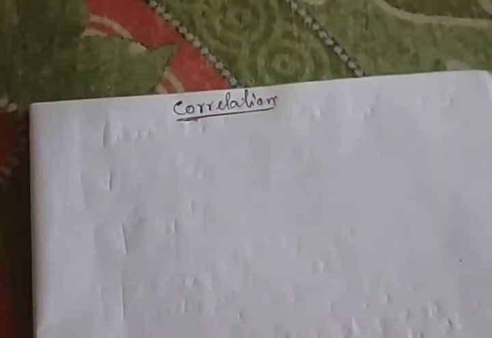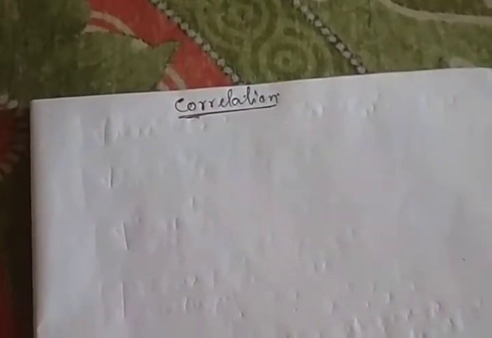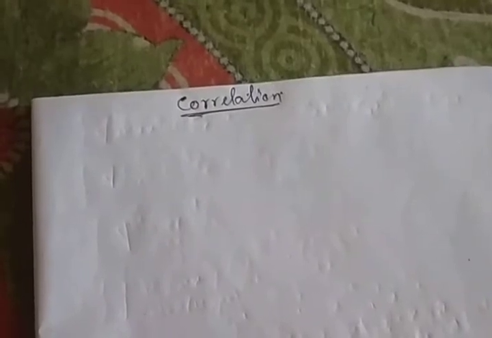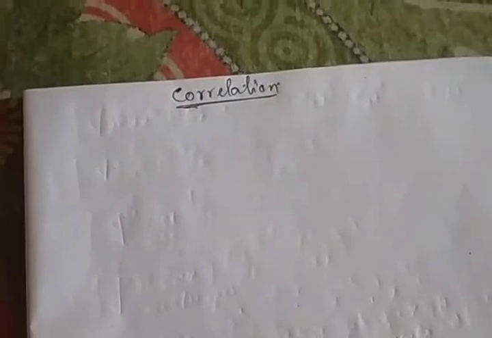Today we will start a new chapter, which is correlation. Now, to know correlation, first we see that in the previous semester, the first semester, you had all the data for only one character. These are all univariate data. For univariate data, we just calculate for only one variable, which we take as x.